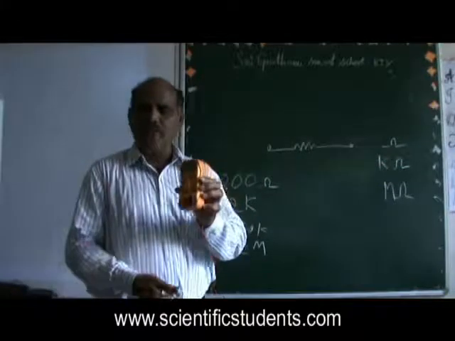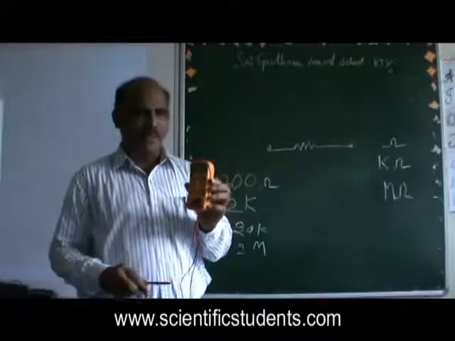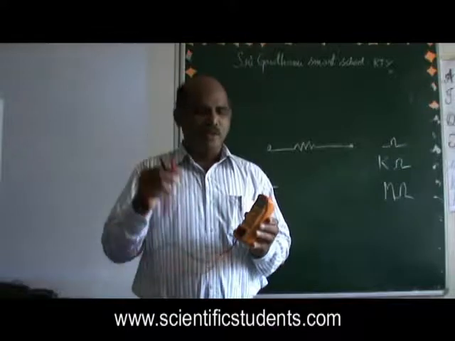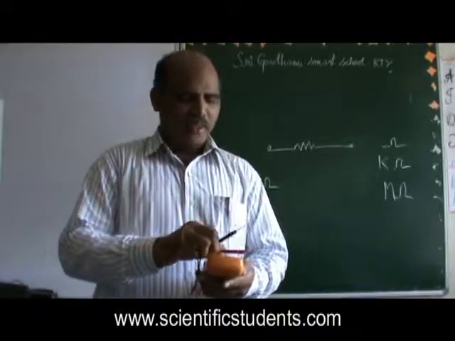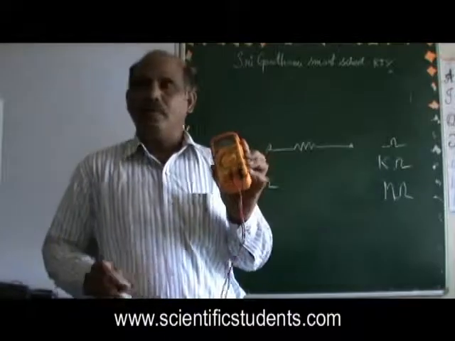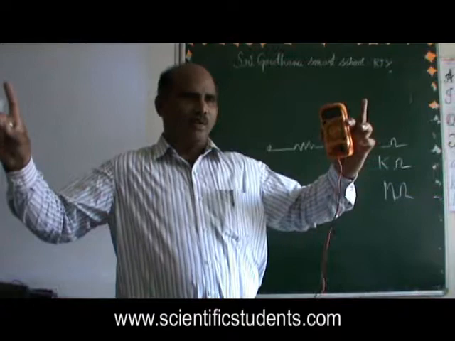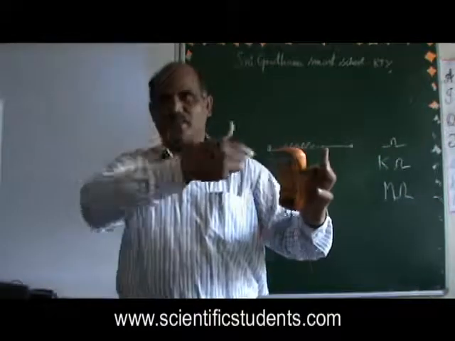But this range is going to help you measure values of a few ohms. Okay, and whenever you want to measure kilo ohms, you just change the range. Whenever you want to measure high ohms, you can go to mega because it has a range of 2 mega. Now I want to tell you, though both your hands are open circuited, there is still a resistance from this hand to that hand because of your body.